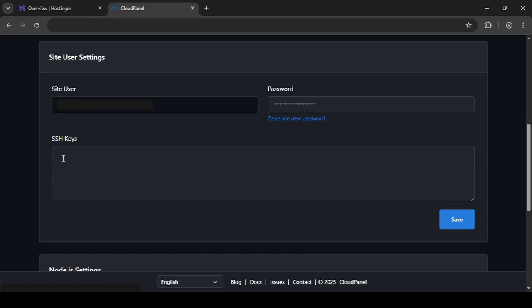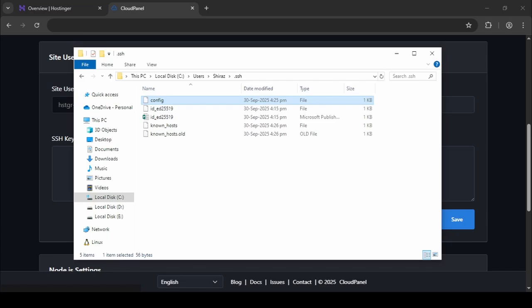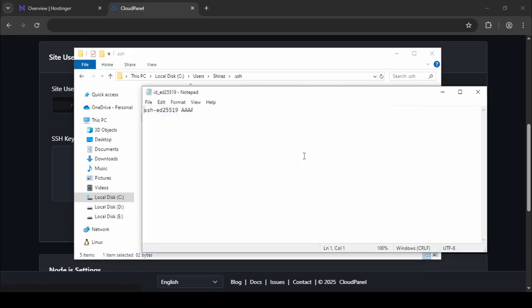But when you have done that, you basically get files like these. Okay, now if you're wondering how do you get these SSH keys, I'm gonna open this up and just use Notepad. So this is my SSH key. I'm gonna change this later on, so I'm not going to show you mine obviously, but you get this